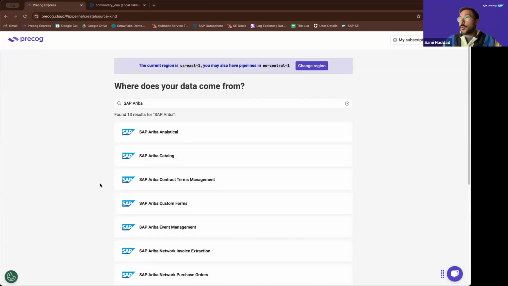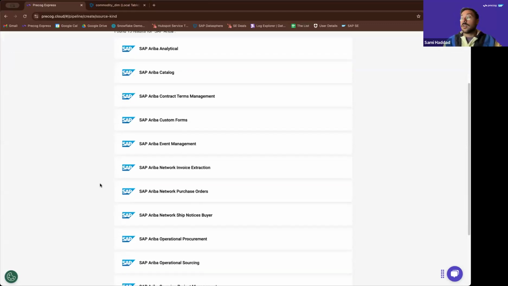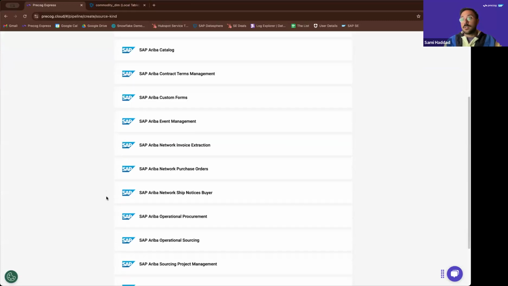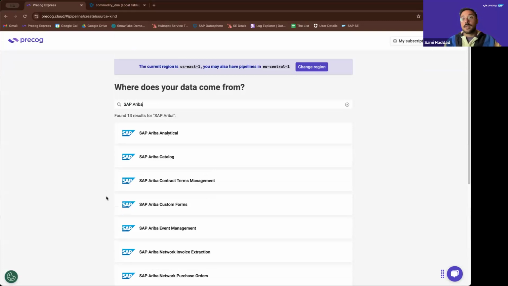Looking at SAP Ariba from the beginning or from the top, one might think that SAP Ariba is a single platform, which it is, but it does feature many different API products, which we all support today. More or less, any web application with available documentation, we can certainly support. And in this case, we've been able to support SAP Ariba across many of their largest customers by flowing Ariba data into Datasphere.